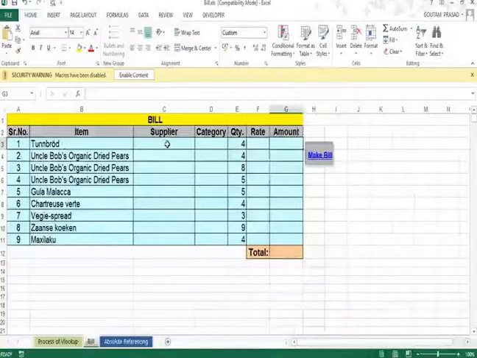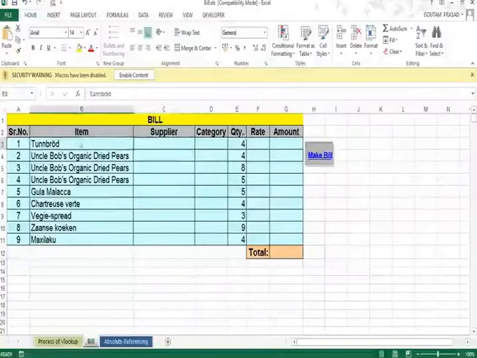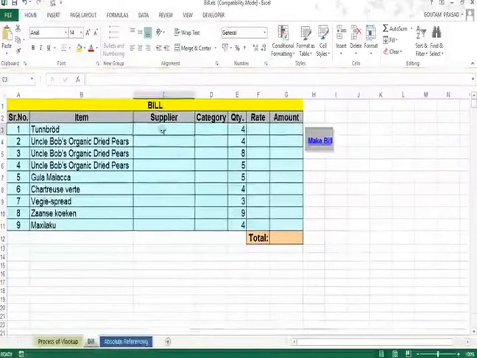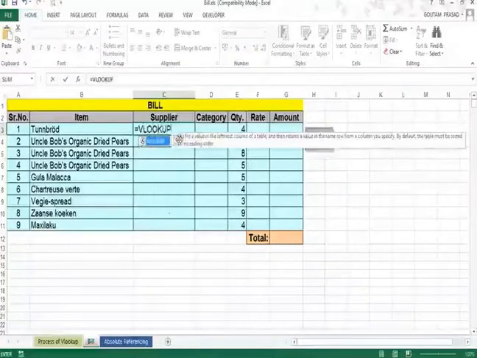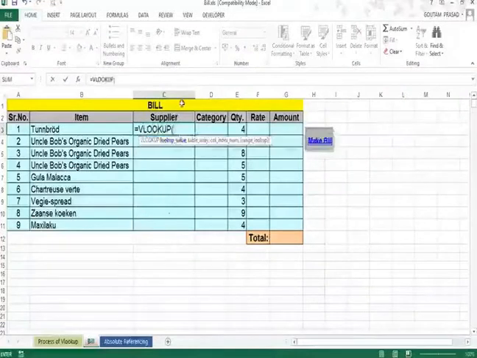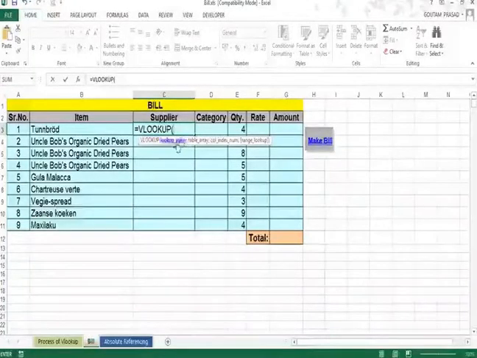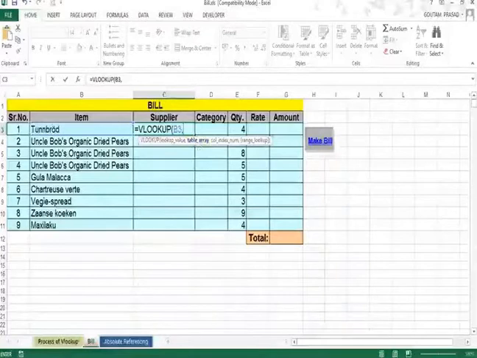In order to get the supplier of this item, we will have to use the VLOOKUP function. Okay, so let me write it. Equal to VLOOKUP, open the bracket, and it is asking for the lookup value. The lookup value is nothing but this item. So click on this item and put a comma. Then it is asking for the table array, that is, the master table. So go to this place,